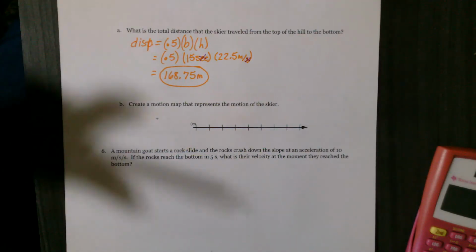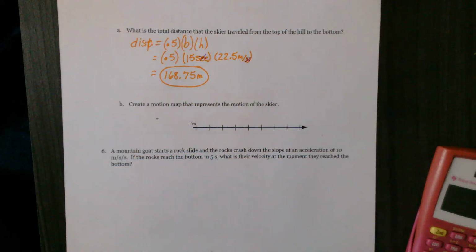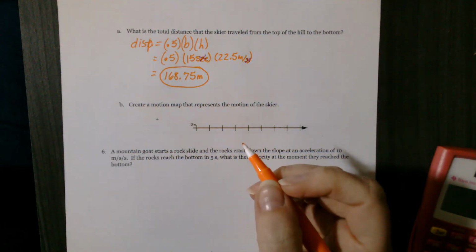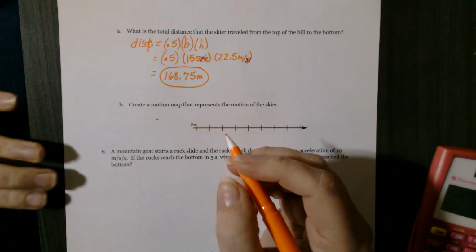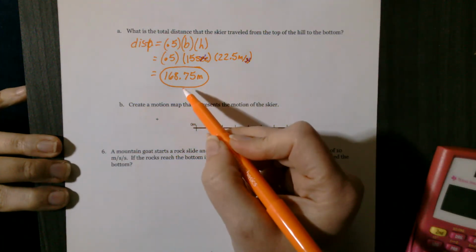Okay. So first thing, we have a motion map now. So create a motion map. And we're not going to do one for every second on this one. I just want to see the trend. So we've got to get somewhere up to 168